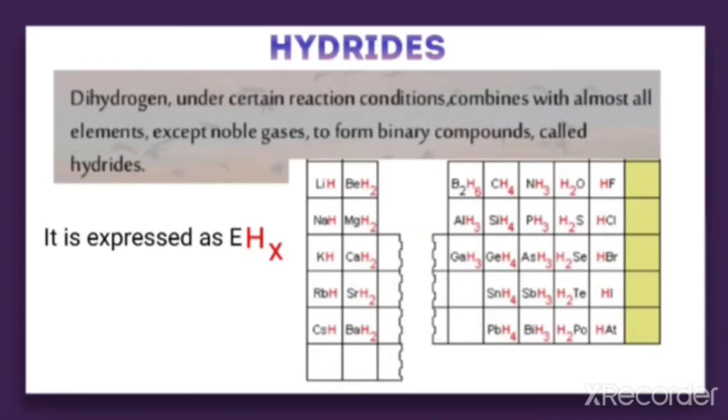Next, for the other cases also it is given here. These are the most important compounds of hydrogen with other elements, and they are binary compounds, that means the compound is made up of hydrogen and another element only. Hydrogen usually combines with almost all the elements except the noble gases. That's why you can see that no formula is written in the 18th group, that is, the noble gases. Hydrogen does not react with noble gases, but it reacts with nearly all the elements in the periodic table.